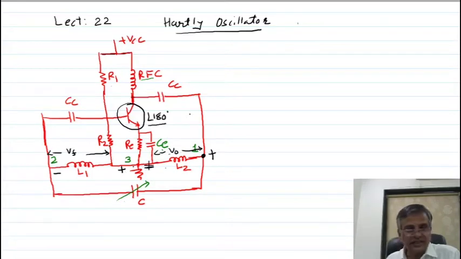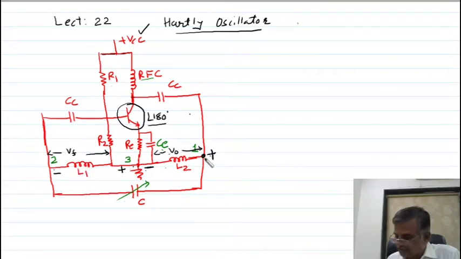Listen again. Suppose at some time the terminal number 1 is positive with respect to 3. 3 is a ground potential, it is at 0 potential. So with respect to this is positive, then at the same instant the terminal 2 will be negative with respect to 3. Again listen. When the power supply switch is on, then transient current is produced in the inductor, and due to mutual inductance transient current is produced in L2. Due to mutual inductance of these two, the oscillation, or you can say voltage, is developed across L1.